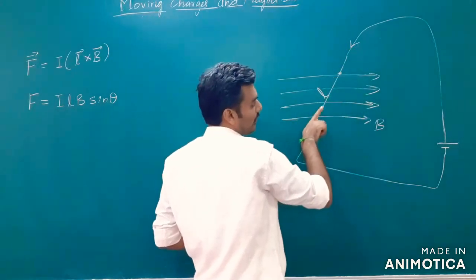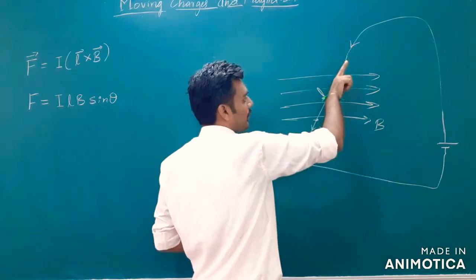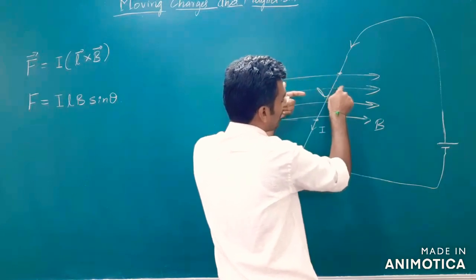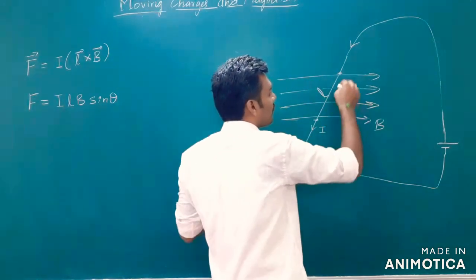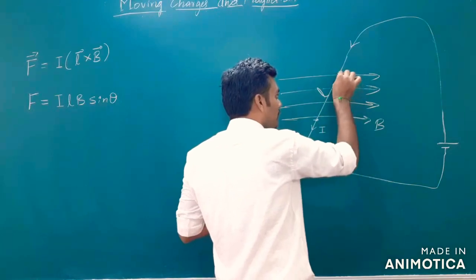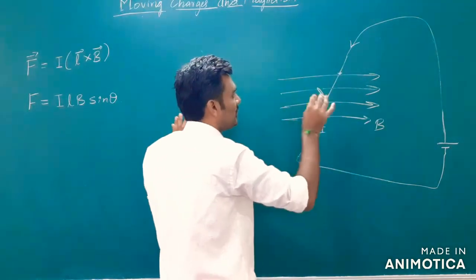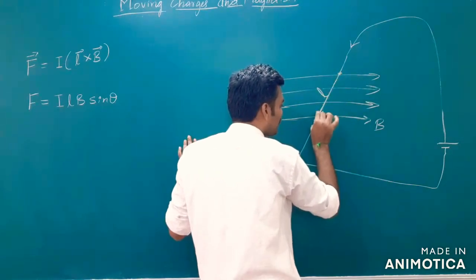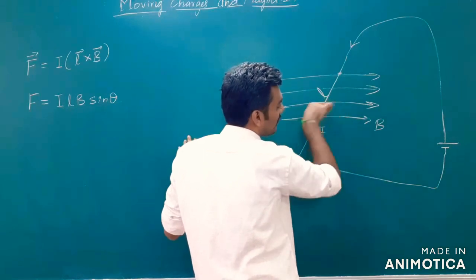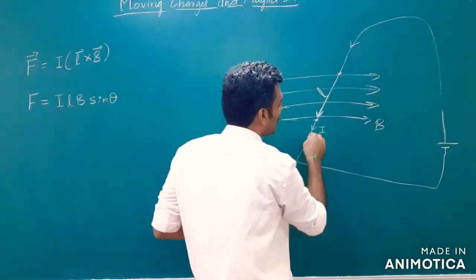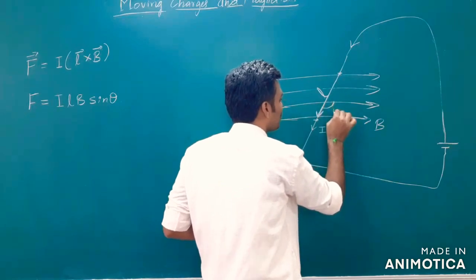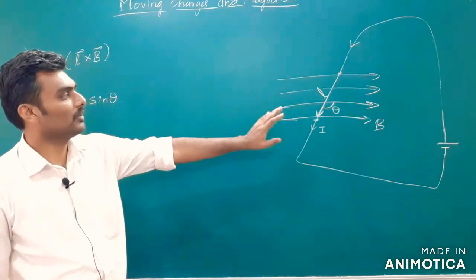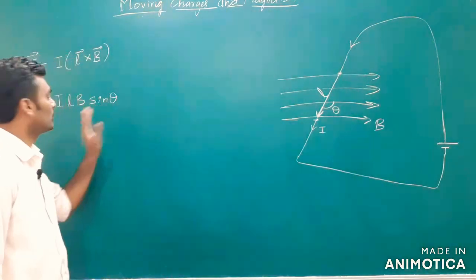If the current is flowing like this in the opposite direction upwards, then the angle between L and B will be this much, some acute angle, right? This time the current is flowing in the opposite direction, which means now I will particularly represent the length element with this direction, and this is B. Then what is the angle between L and B now? Angle between L and B is this, this is theta, right? So, that is what will give me the value of theta, and I will put that into this.